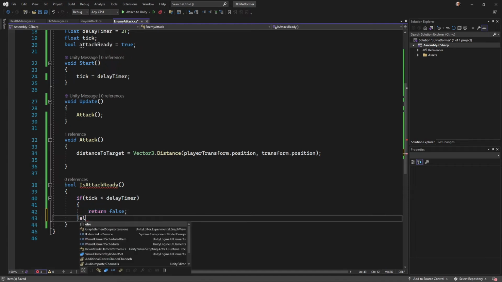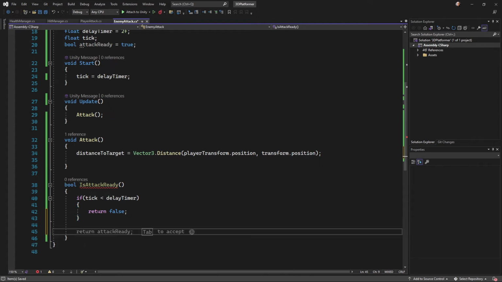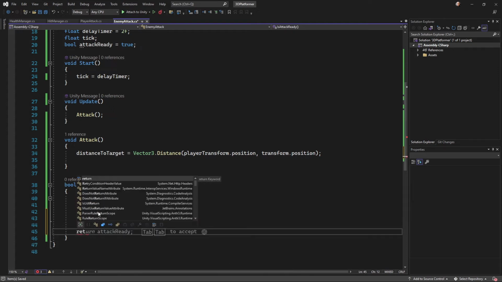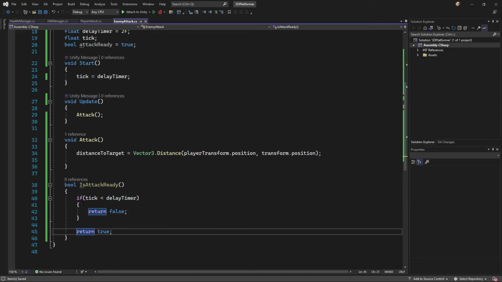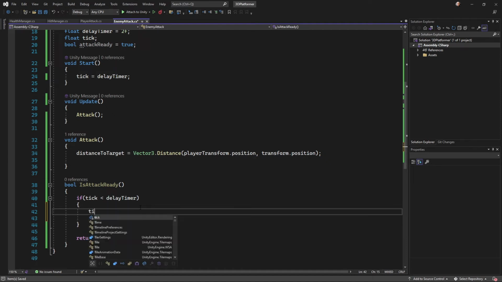So in the alternative, we don't need an else actually. I could say else return true, but I can just simply come down here and say return true here. This will never run if the if statement returns false. As soon as you have the return, the subroutine is exited and nothing else runs. So the return value stops this happening. If I put something else underneath here, the code would never run because the return value comes first. So if I wanted to do something before this, and I do,